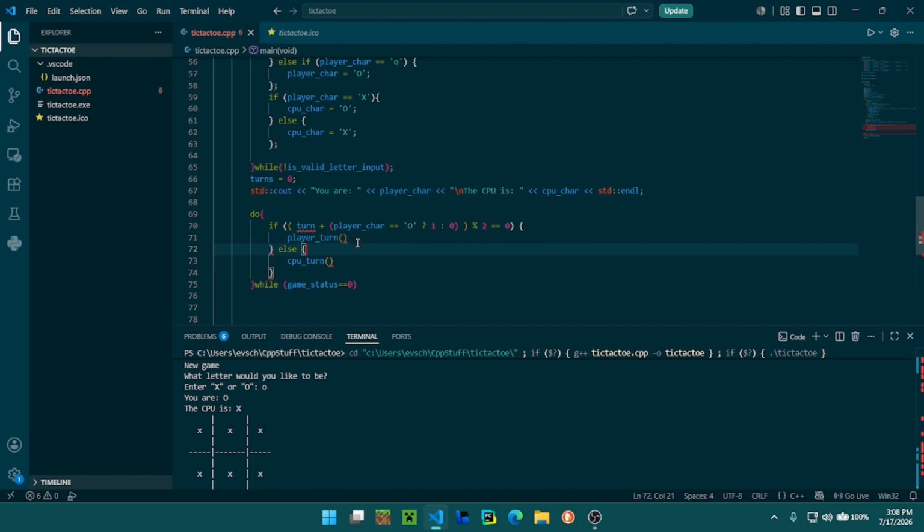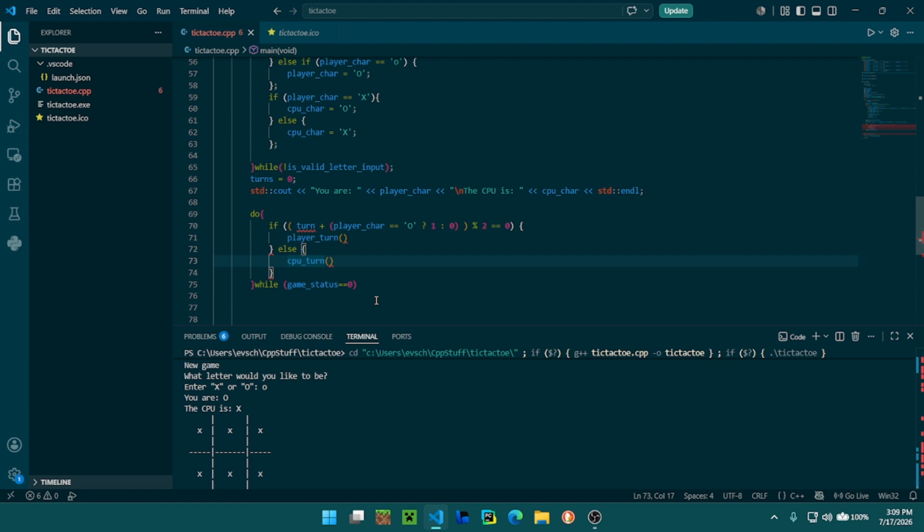Oh yeah, I forgot about all of the semicolons I need, which is really annoying. So we need to display the board also, but CPU turn, oh yeah, CPU needs to take the turn, and since I don't know how to get the actual value of the thing,